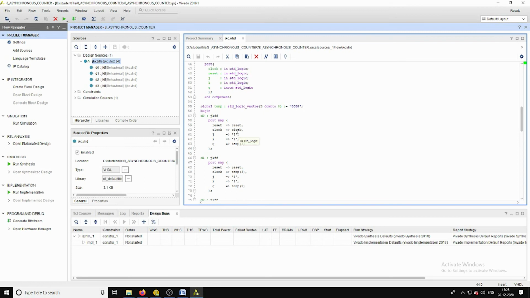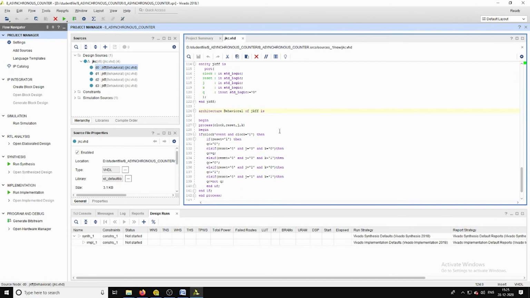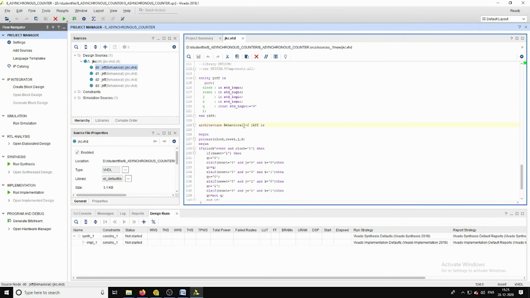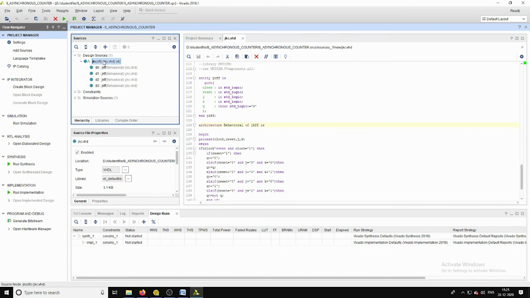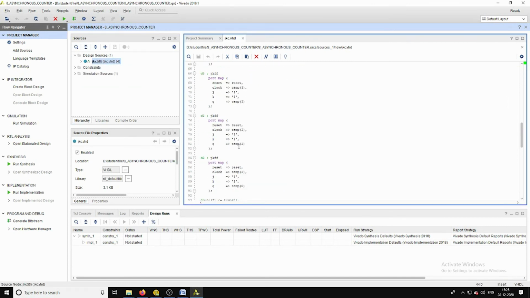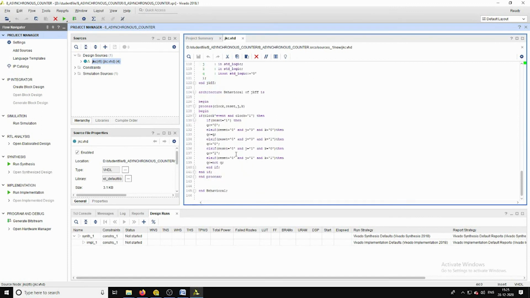But in order to do this, we have to declare the JK flip-flop, which should have the same signals whatever we are going to call in the main program.